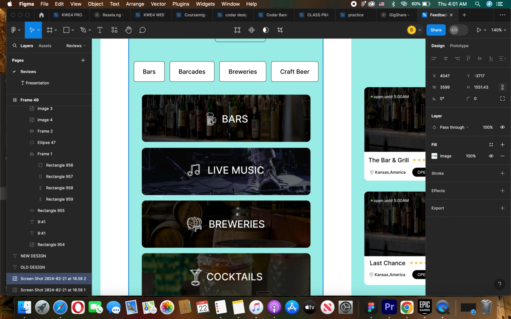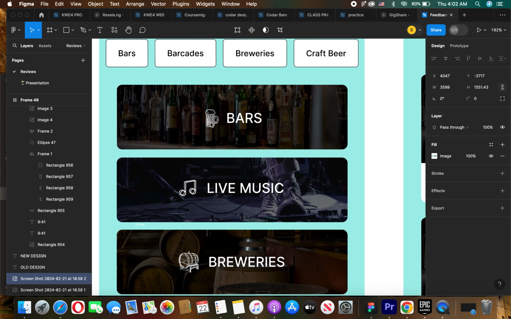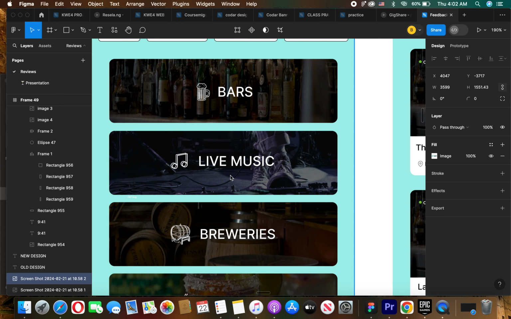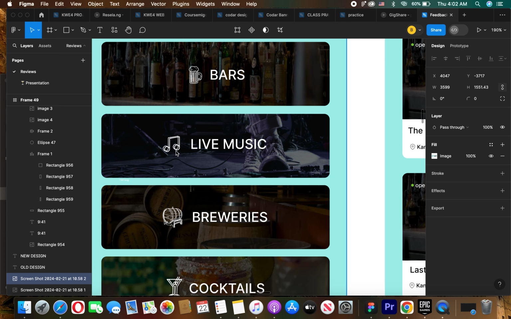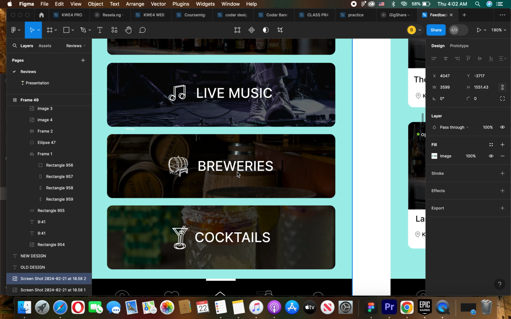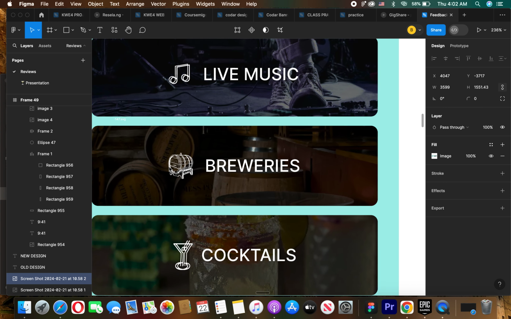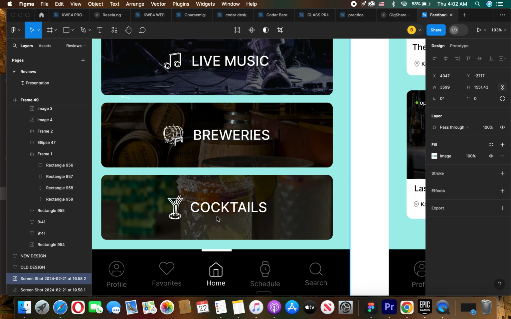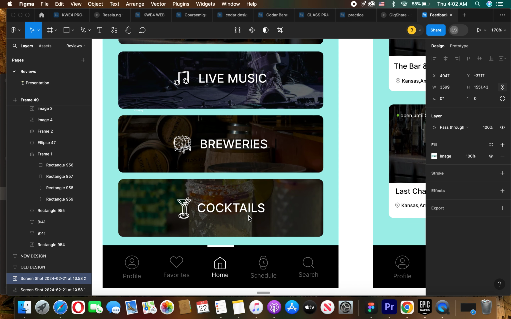Bars, yes, you have bars. You have the icon that shows that, yeah, this is a bar. We mean these are bars where you can drink. Live music, you can see the musical icon already. Breweries, you can see this barrel that shows that we are referring to breweries. Cocktails, you can see the cup, the glass. You can see icons help a lot